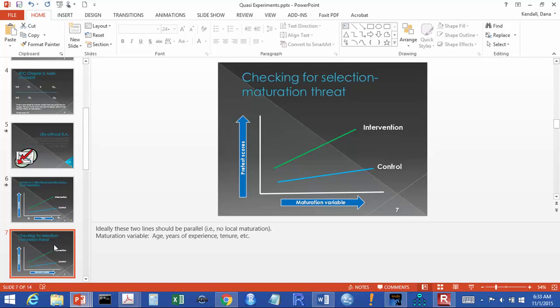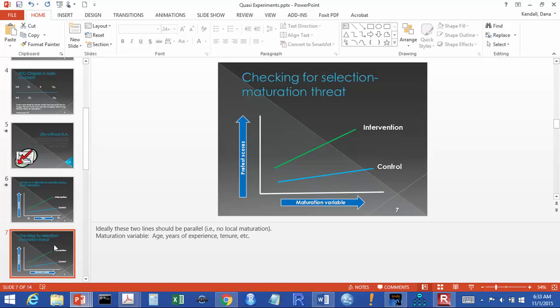Then you take your pretest scores, whatever the skill is that you're trying to increase. You took everybody's baseline, which is essential for a non-RA design, you need some kind of baseline. And you did that, and so you put them on the y-axis. And so what you hope to see is that these lines will be parallel, and that will show that across both groups there's equal maturation rates. And that is a good thing. But if you see, like we have here, that there are differential maturation rates, and we have an intervention group that is maturing at a faster rate,